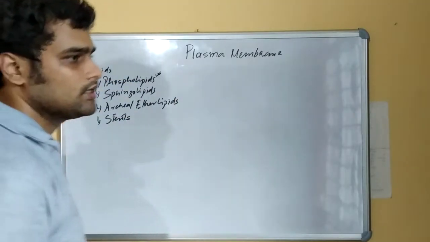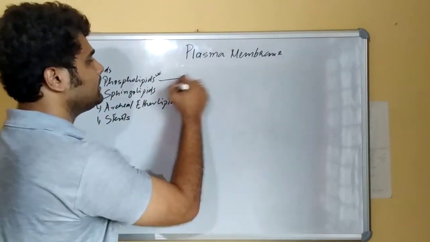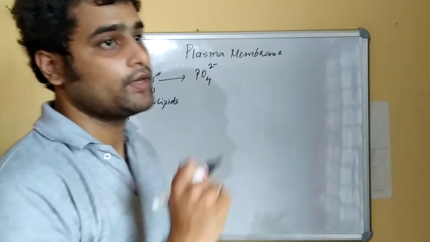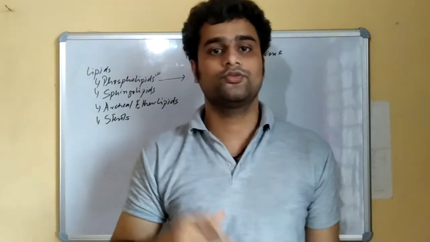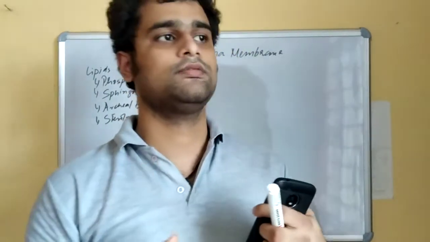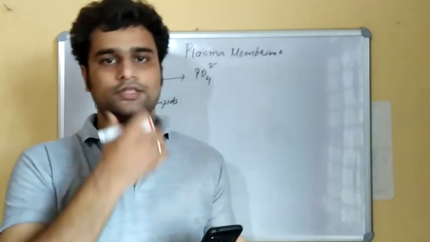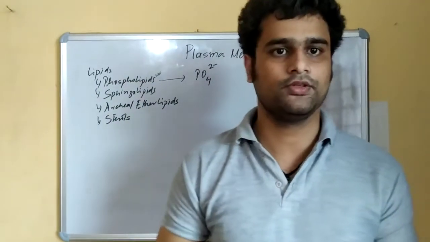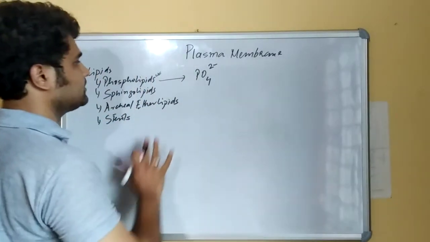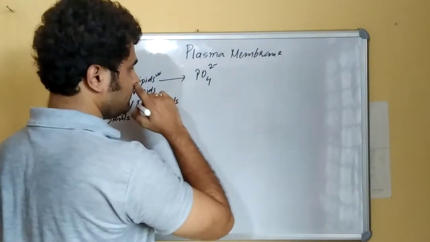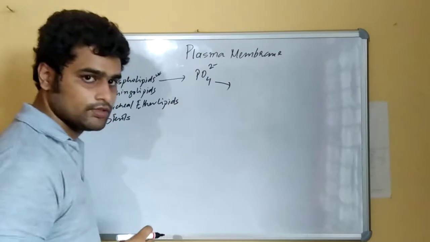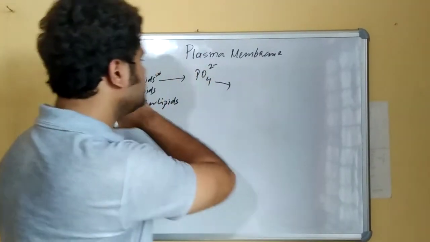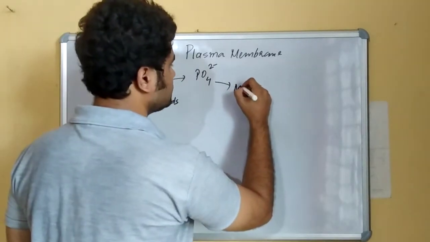Phospholipids are any lipids containing the phosphate group or PO4 twice minus. Now, before we get into phospholipids, let us give you the general idea or the general structure of phospholipids, and then we are going to discuss the different types of phospholipids. Phospholipids also have certain subtypes, but out of these subtypes, the most